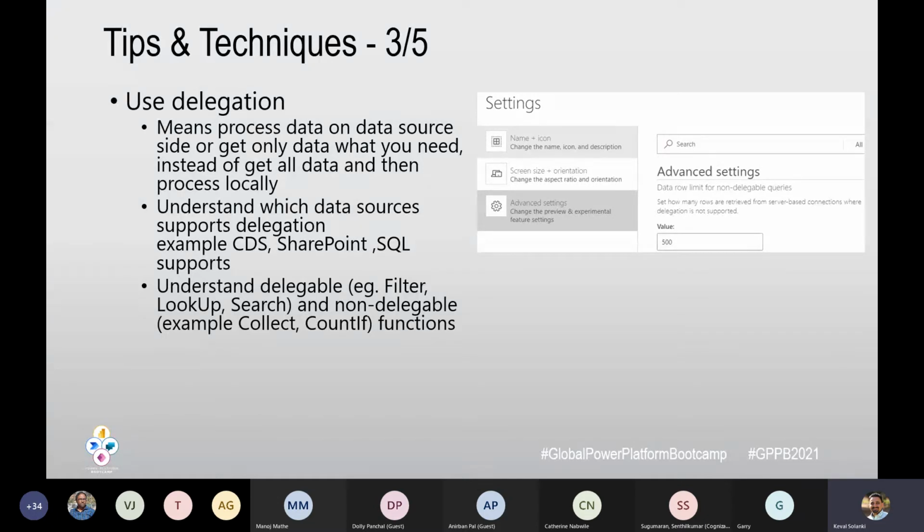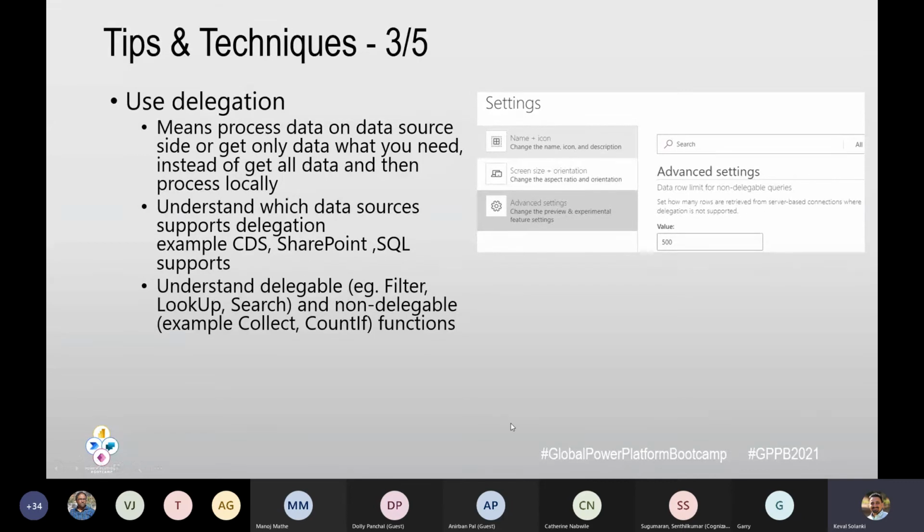On the delegation front, we also need to understand which data sources support delegation, meaning which support server-side functions and this kind of manipulation. For example, CDS, SharePoint and SQL all support it, but be cautious and understand which data source you are using, and where your delegation will work or not. These are high-level pointers; definitely you need to work on them when you are dealing with this data.